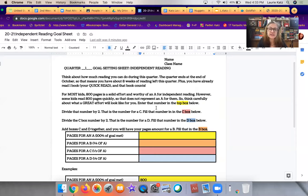Also, you might want to build in some time for kicking books to the curb, because if you get 50 pages in and you're like, this is boring, then you might have to start a new book. So you might want to pad it a little bit with that in mind, because that's what a logical reader does, they consider how good a book is, and they might not finish every book they start. And I think that's actually a smart thing to do. So consider that as well. And again, ask if you have any questions. Okay,